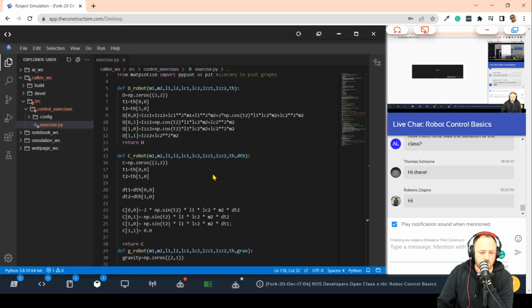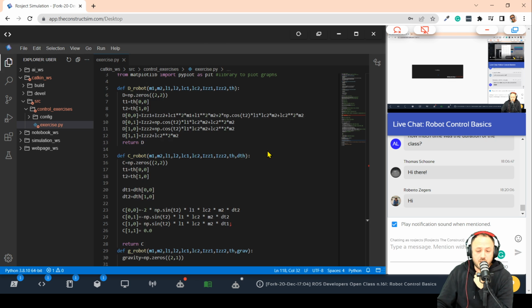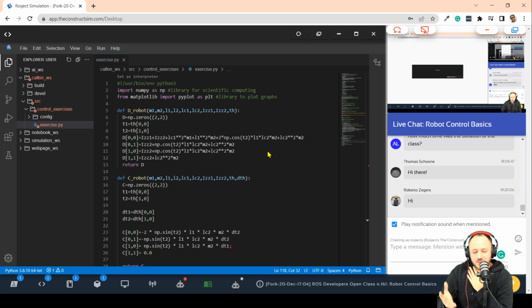All this is explained in the previous steps of the robot control basics course that I'm going to show to you later. Here I don't have time to go over all the details, but basically know that